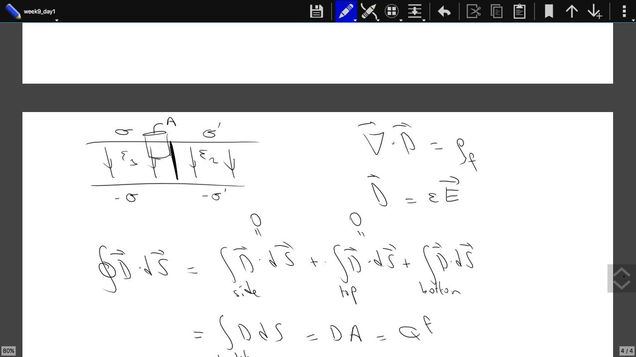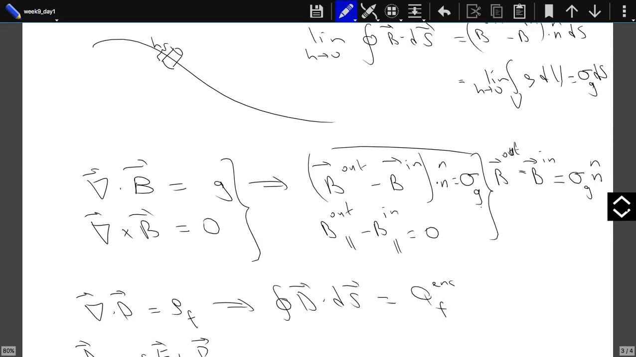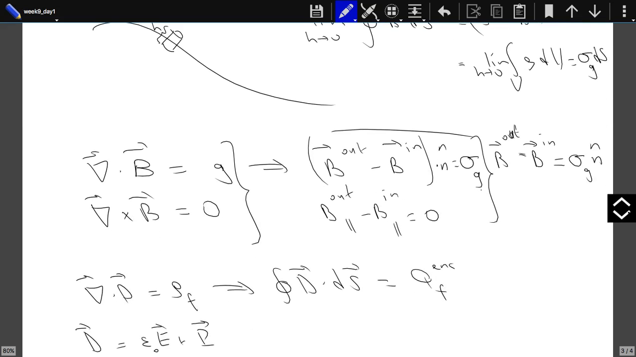I did not understand why E1 is equal to E2. Let's go back. Do you agree with this one? If the curl of a vector field is equal to 0, then its parallel components to any surface should be continuous. Okay, so if you agree with this one,